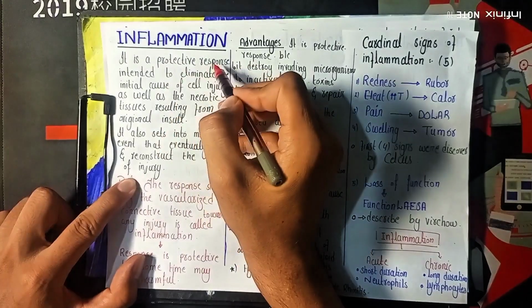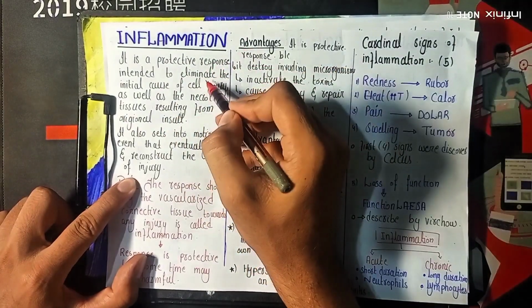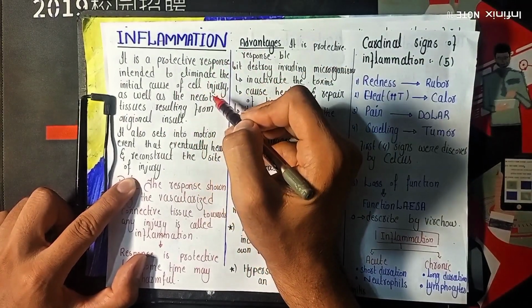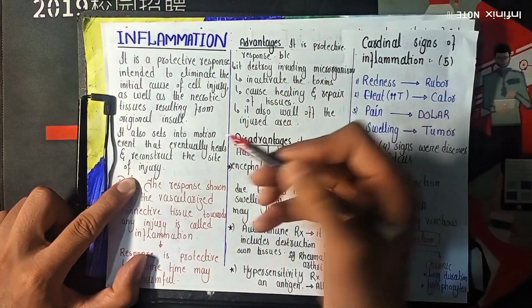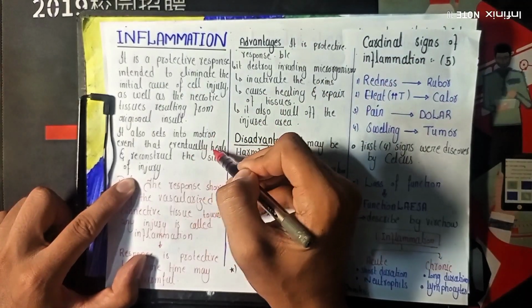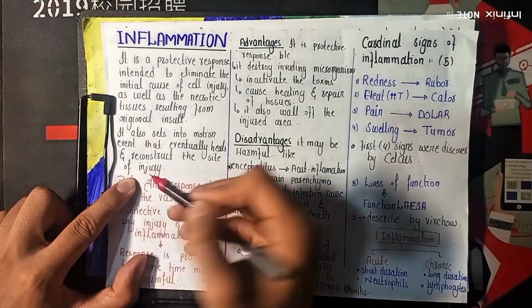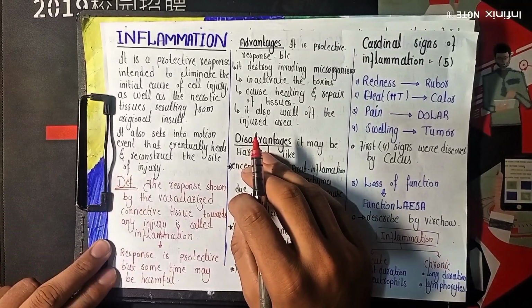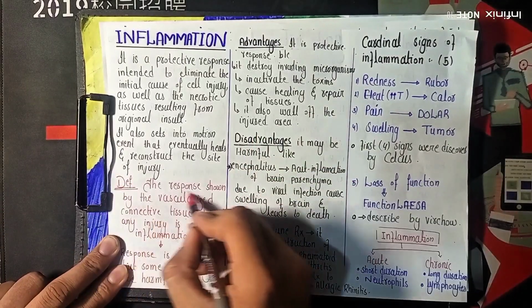तो आज से हम स्टार्ट करते हैं इन्फ्लेमेशन को। सबसे पहले इन्फ्लेमेशन है क्या? तो ये हमारे साथ एक प्रोटेक्टिव रिस्पॉन्स है जो कि एलिमिनेट करता है इनिशियल काज ऑफ द सेल इंजरी को और इसी तरह नेक्रोटिक टिश्यू को भी। और दूसरा ये हमारे साथ हीलिंग ऑफ द टिश्यू भी करता है एंड रिकंस्ट्रक्शन ऑफ द साइट ऑफ द इंजरी भी करता है।